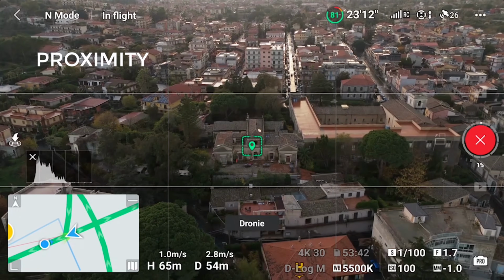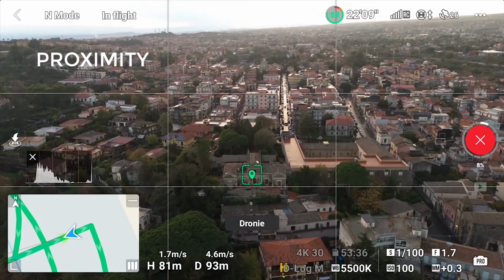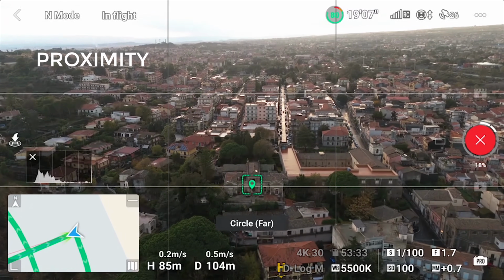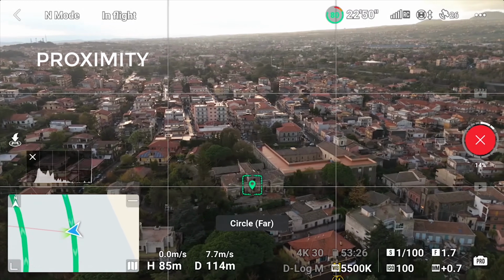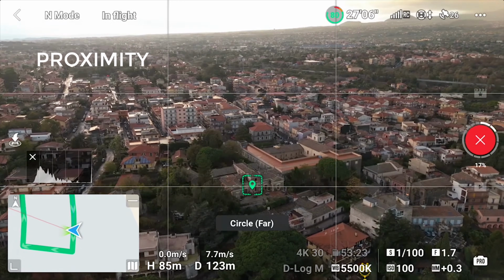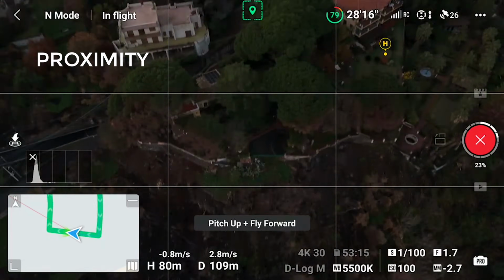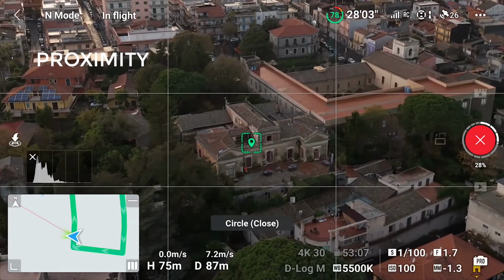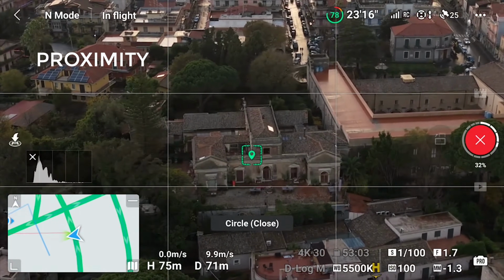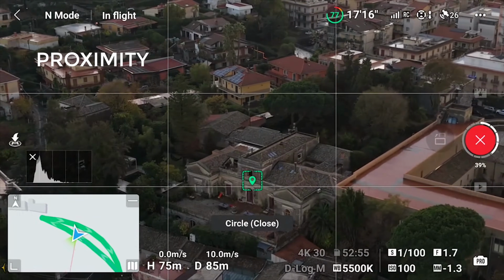In proximity mode, the aircraft circles for a few seconds to compute its position, then it performs a dronie going backward while rising, a circle to the left far from the target, a pitch-up fly forward starting the move with the camera facing the ground and gradually tilting it up to reveal the target, a circle to the right from a closer distance using the digital zoom,